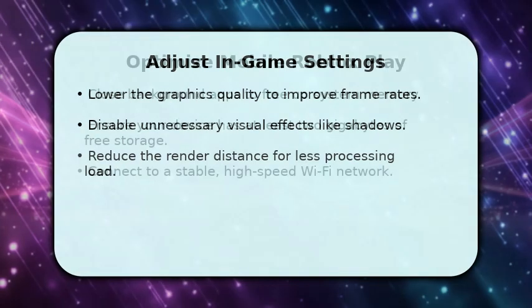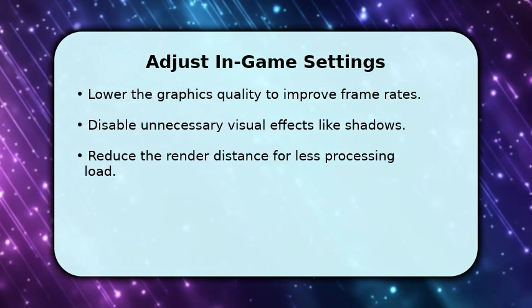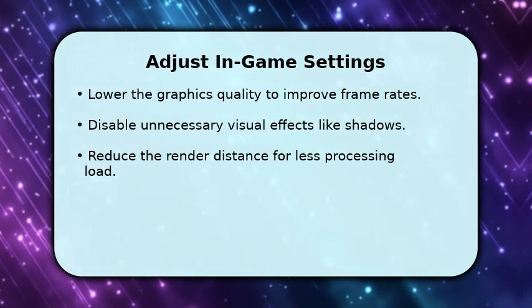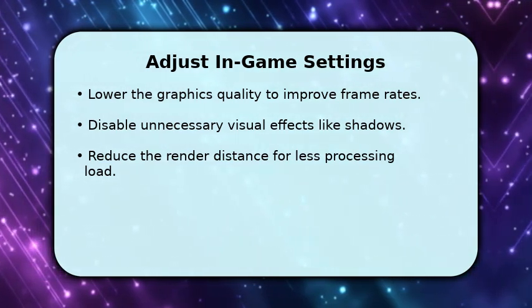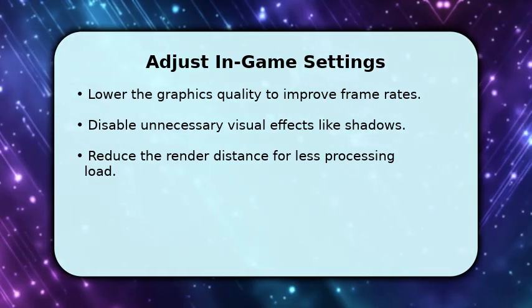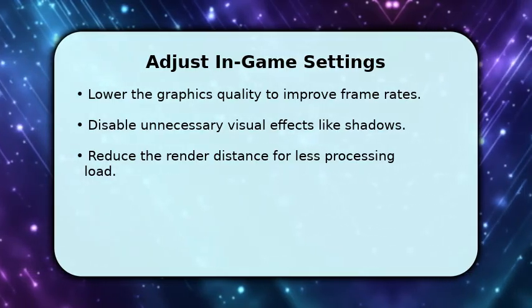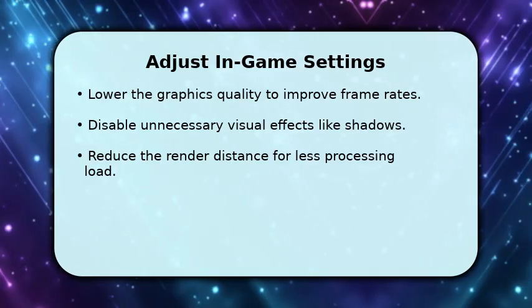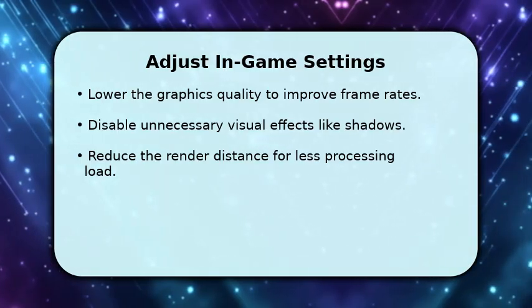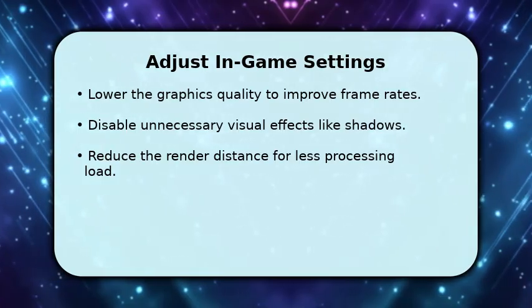second. Next, we'll adjust Roblox's in-game settings for smoother gameplay. Navigate to the settings menu within Roblox and find the graphics options. Lower the graphics quality to a setting like manual and then choose a lower level. Disable demanding visual effects such as shadows and reflections. Reducing the render distance will also significantly decrease the processing load on your mobile device, leading to a much smoother